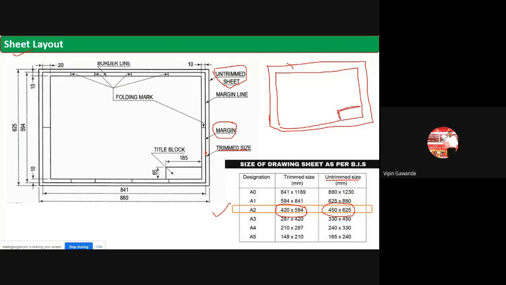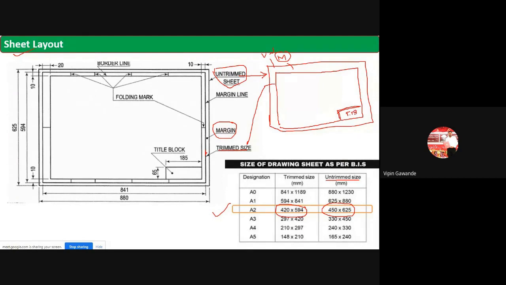So you will get margin also. So this is your margin, because this is the untrimmed sheet and this one is what? The trim sheet. This is our trim sheet and this one is our untrimmed sheet. And the space between these two is called what? The margin. Okay, so this is already there when you purchase these things, and the title block is also there